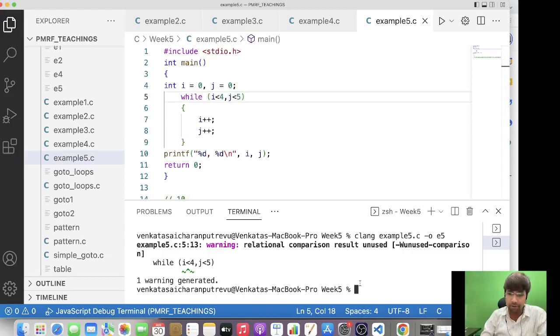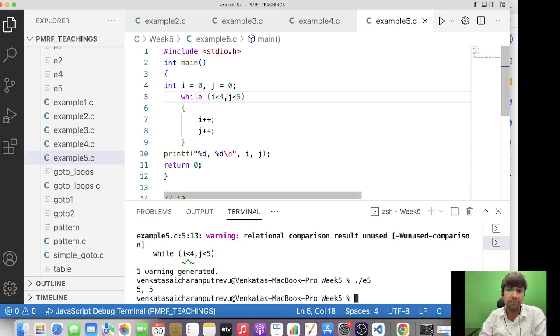So let's execute the program and see. It will be 5 5, because j will be executed 5 times. So 4 times it will be executed, and the 5th time i and j will be equivalent as 5. To illustrate that the while loop will take only the value on the extreme right, the last value,